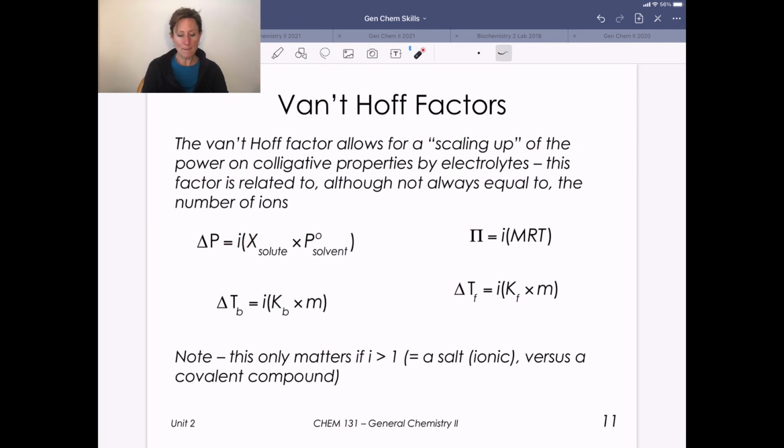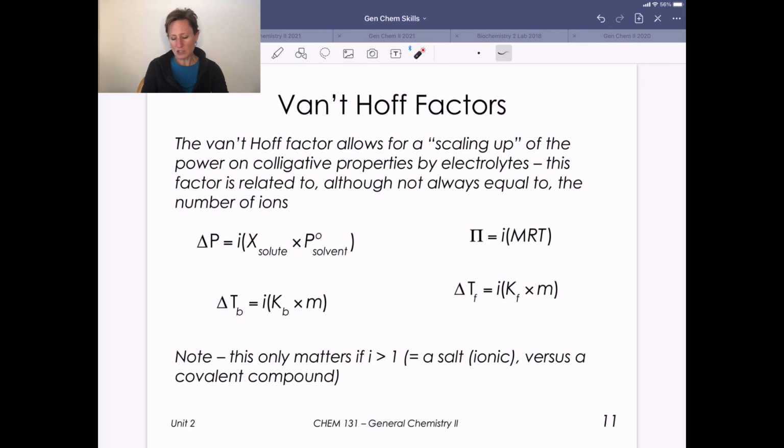If you're just generating one particle, then the equation doesn't matter with that i. But if it's table salt and you've got 2 particles, or magnesium chloride, MgCl2, that makes 3 particles, or aluminum chloride, AlCl3, that makes 4 particles. That makes those salts 2, 3, and 4 times more powerful with their vapor pressure lowering, their osmotic pressure generation, their freezing point depression, or their boiling point elevation. So we need to be able to think about how many particles we're making,